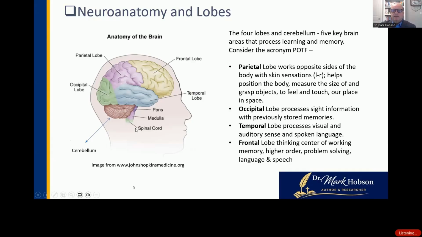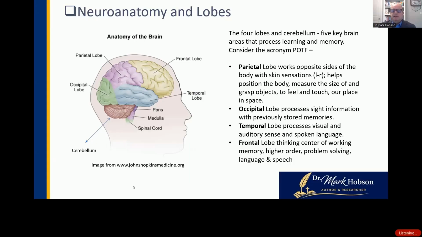memory. Think of an acronym, POTIF, that gives us a counterclockwise view of the lobes. The parietal lobe possesses sensory information from the opposite sides of the body. So the left side controls the right side of the body, and the right side controls the left side of the body. The parietal lobe processes sensory information like touch and other sensations. It helps position the body in space, measure the size of objects, grasp them, feel them, giving us our place